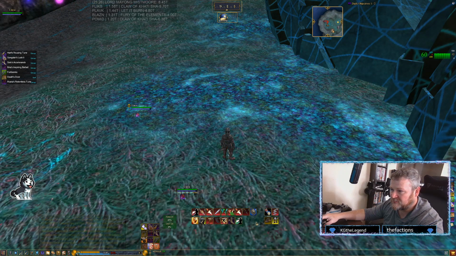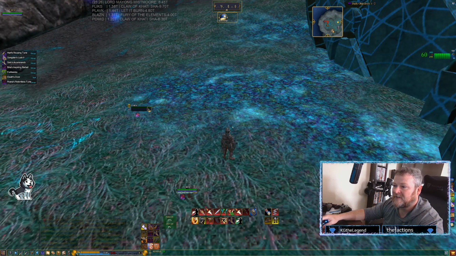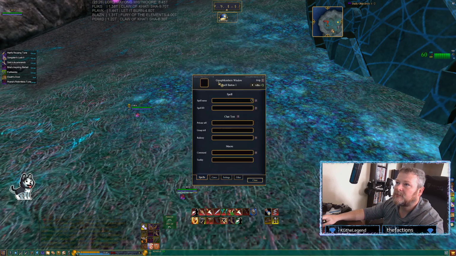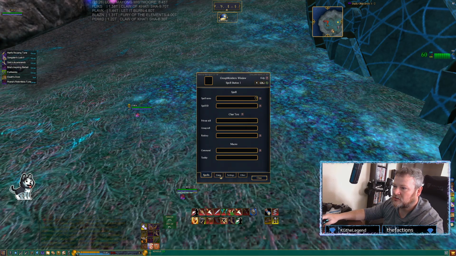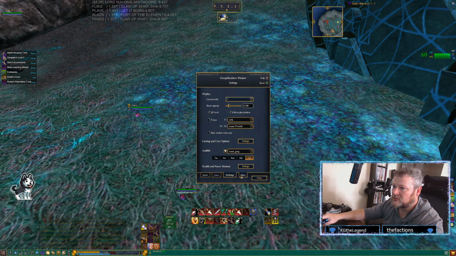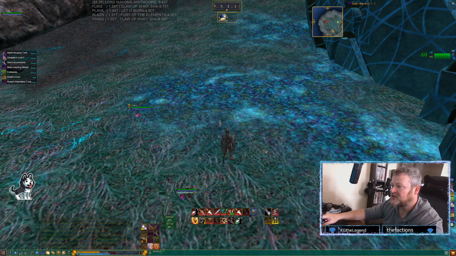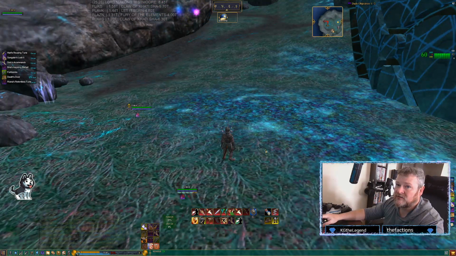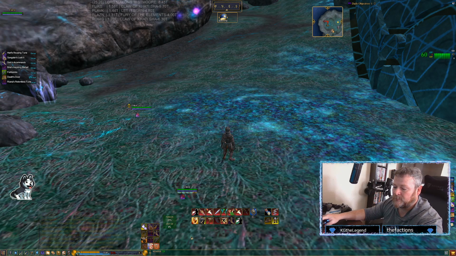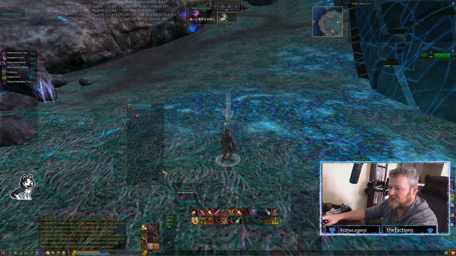I don't have any single target buffs here as a bard. I was going to show you how to use this to do it. I'm not sure if I can do it in here now. No, can't until I actually have an ability. But yeah, that's just a quick video showing you how to install and set up the UI